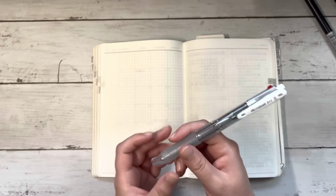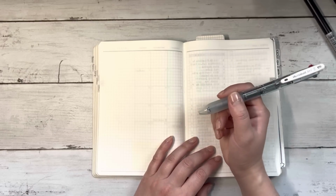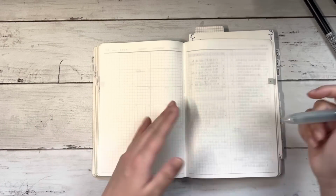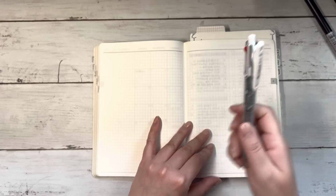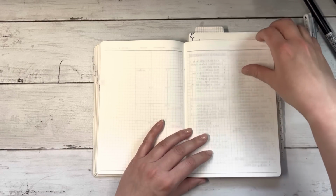For whatever reason, the Uni Jetstream skips so much for me, especially if my hand touches the paper, which, I mean, the way I hold my pen and the fact that I don't always remember to get blotting paper is, you know, my hand touches the paper a lot. So a pen needs to be able to write on top of that. And this one has been really, really good for me so far. A little bit thick, but I don't think I'd want to go any thinner. Anyways,